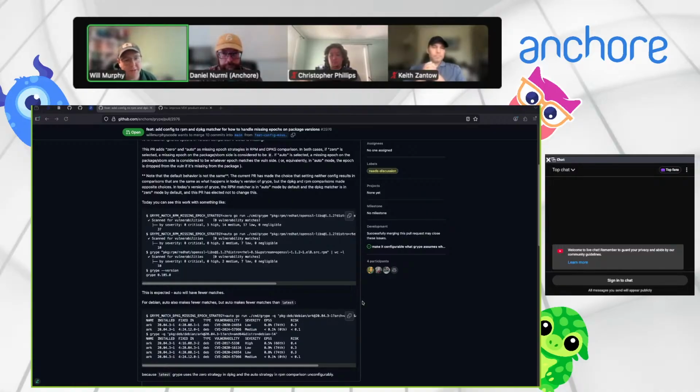One is called Epoch Strategy 0, which means if a package doesn't have an epoch, the epoch is 0. This strategy is the more risk-averse strategy, right? It makes it so that if we're making a guess about the version of the package, we're assuming it's very old instead of promoting it to be a very recent one. And then the other one is auto,